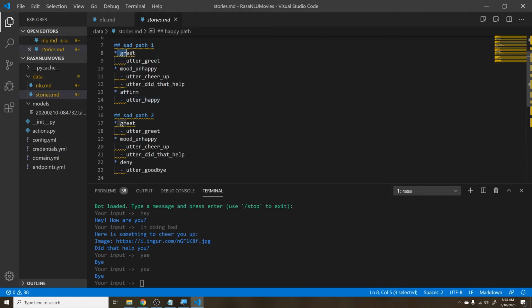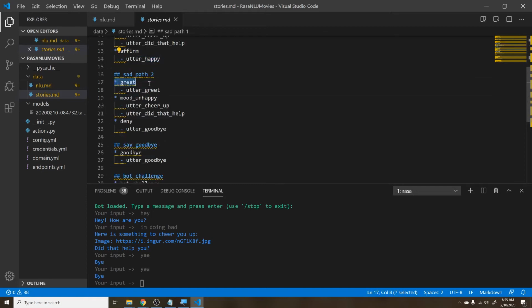Sad path 1 says, okay, the user greets, you utter a greeting. The mood is unhappy, then you utter a cheer up, and then you say, did that help? And if it's an affirmation, then you utter a happy. And then sad path 2 is greet. So basically you're just defining conversation paths that the AI could take depending on what sequence of events